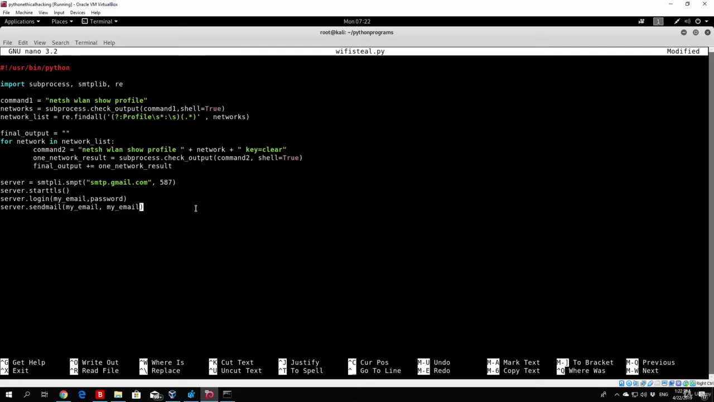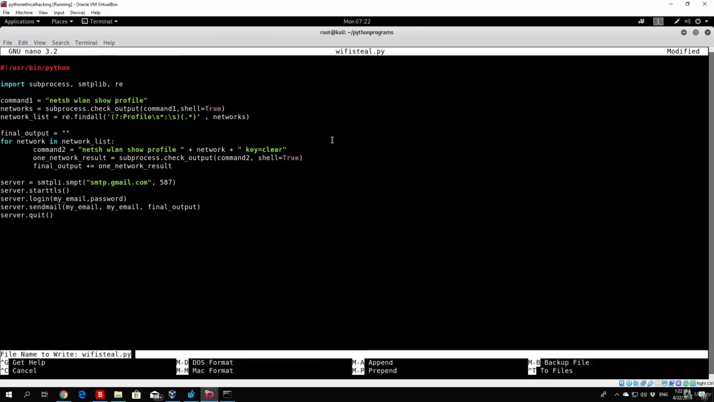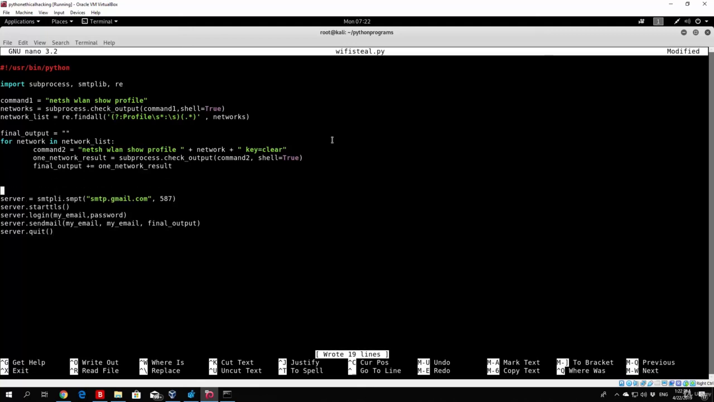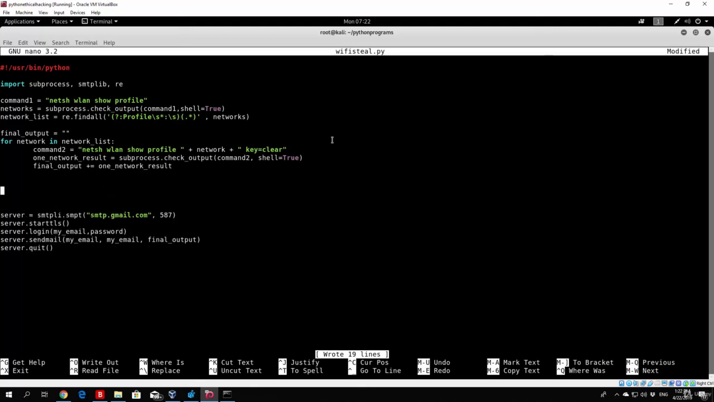And then basically the third thing is the message itself, which is final_output in my case. Okay, so afterwards all you have to do is quit the server and you will finish this program successfully. So let's save it. Or if you want to add it and test it right here, after you compile it,